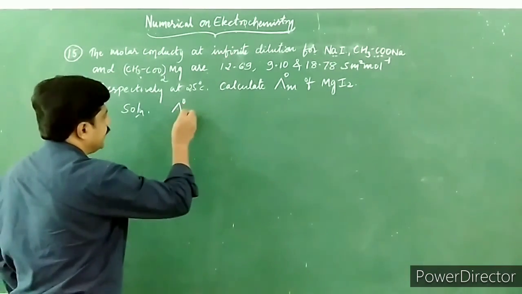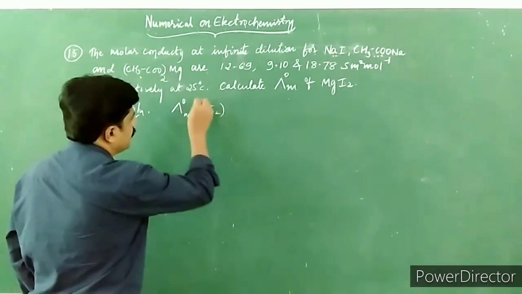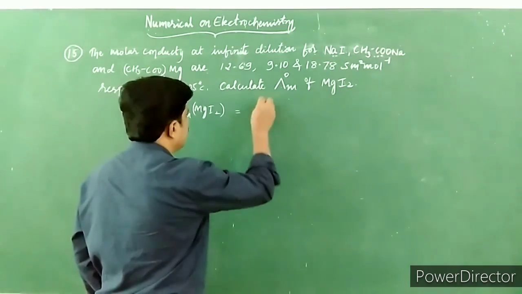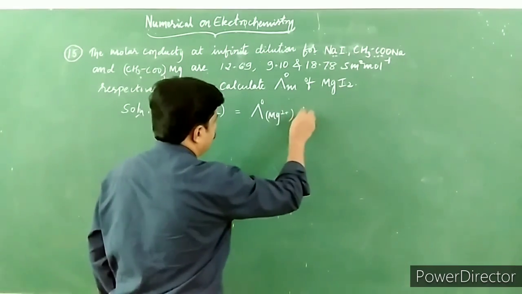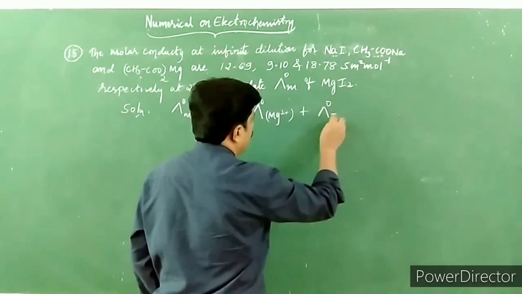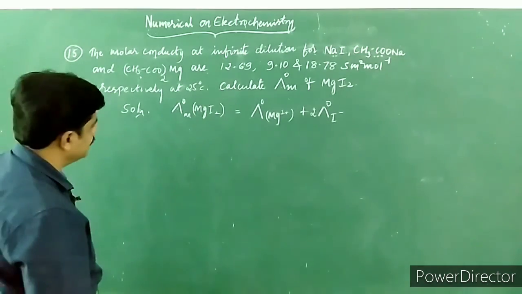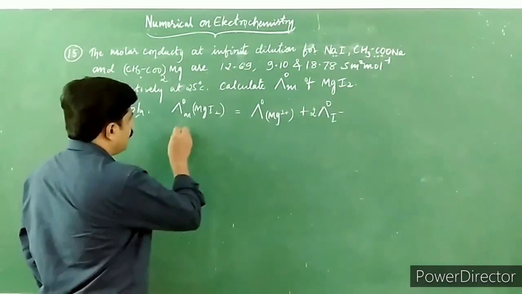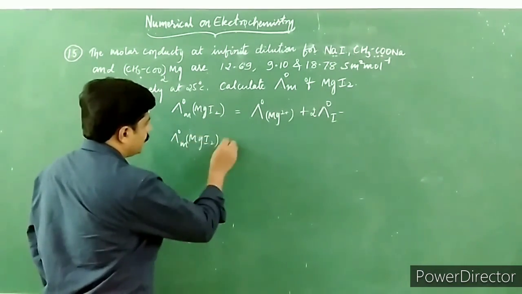Limiting molar conductivity of MgI2 is equal to limiting molar conductivity of Mg2+ plus limiting molar conductivity of I minus. This you need to split. Now, how do I write? Look at here. Limiting molar conductivity of MgI2 is equal to